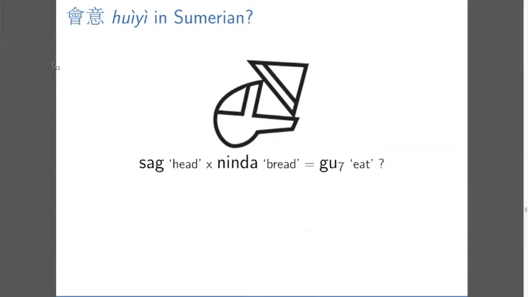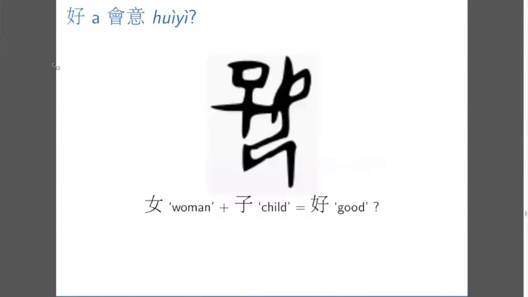The iconic relationship is still there, and it becomes a philological question. You know, maybe this character is attested before ninda as bread. Maybe ninda as a grapheme was actually extracted from this character, right? There's nothing a priori that tells you that, you know, the relationship between iconic things, if the iconicity is still active. In any case, moving on to Chinese, I would say the same thing about this example of woman plus